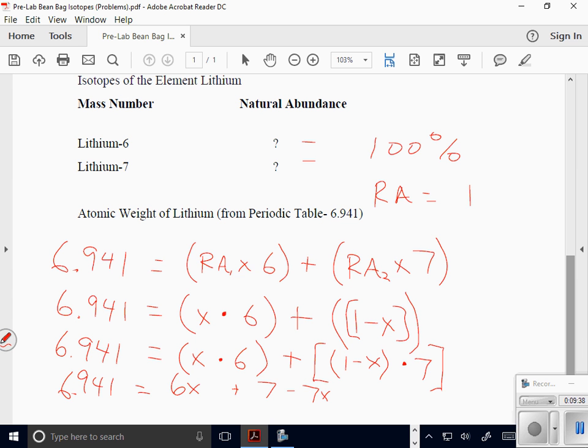So, what I'm going to do is get my x's to one side, which is going to be over here. So what's 6 minus 7? -1, but I don't want the -1, so that's why I'm going to bring it over here. Okay? So it's going to be 1x is equal to